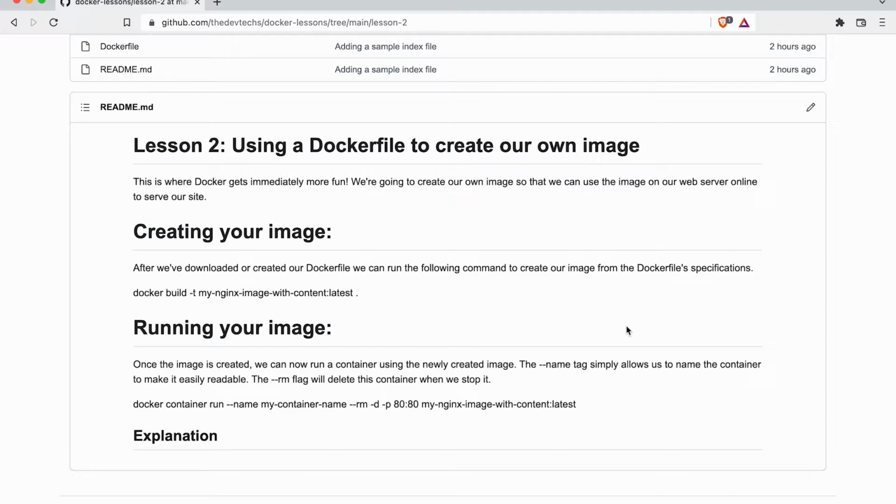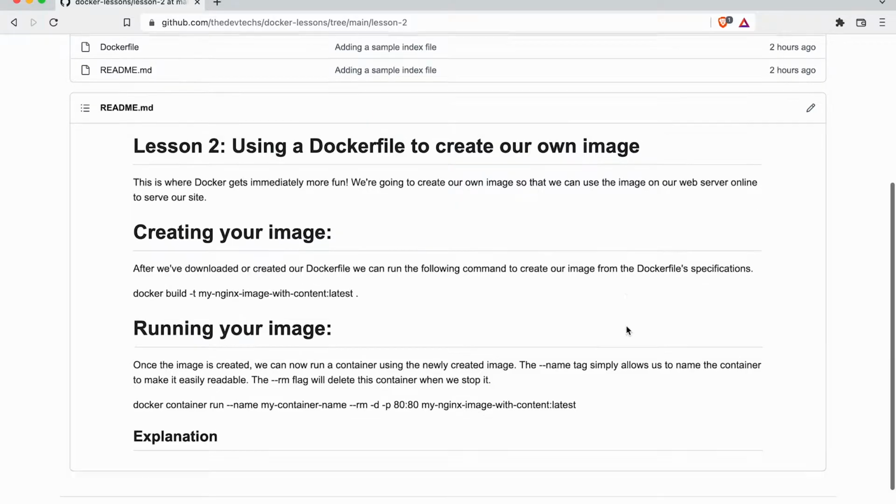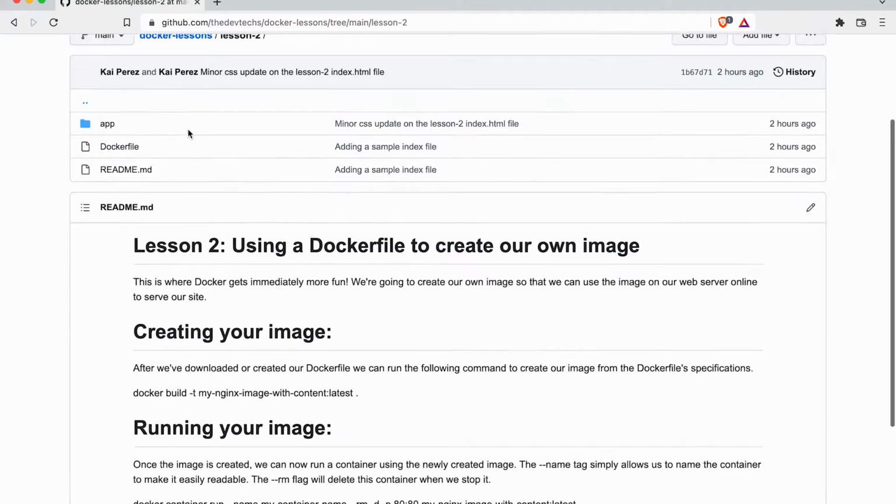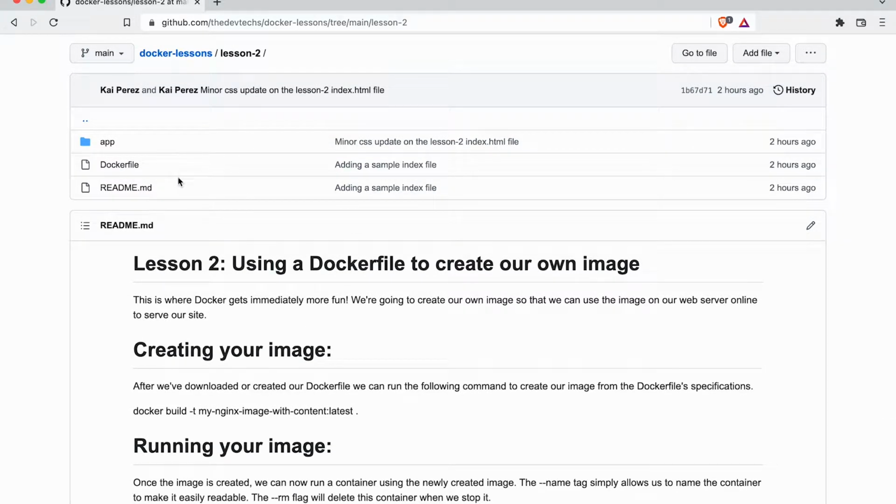Hello world, in this lesson we're going to be using a Docker file to create our own custom Docker image. When we spin up this container from that image, it's going to have our web application already on it. Now, I already have all of these files for you, so go ahead and download the lesson if you haven't already, and we can take a look at what's going on in here.